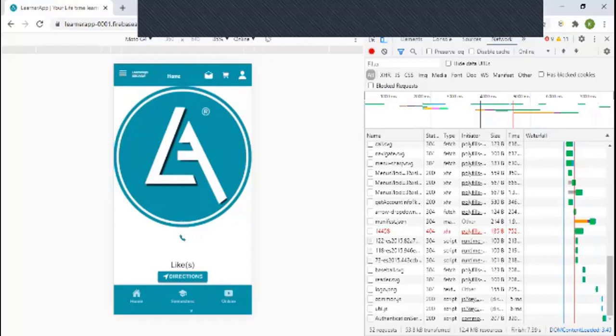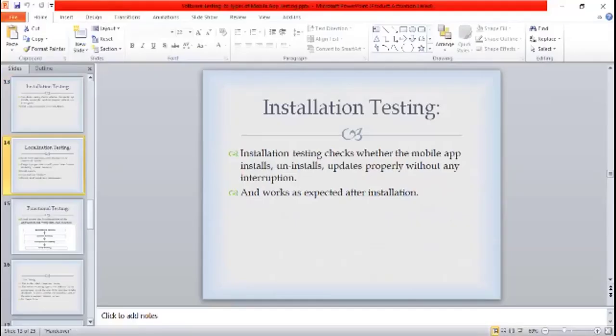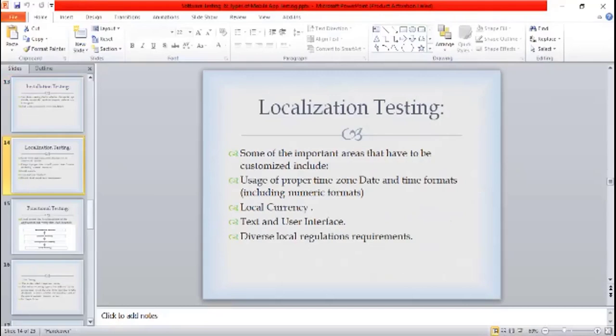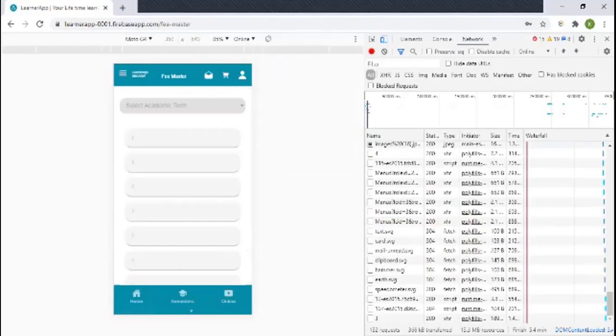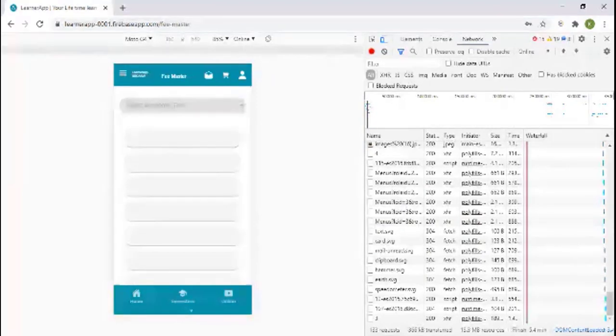And CPU, memory, all these things are also measured. Okay, so localized testing I have done too, and next comes the localized testing. So how to do localized testing? Localized testing is basically where you check the date and time, whether wherever we have entered the dates, they are displayed in the proper format and timings. It also includes the phone number. Whenever we enter the phone number, it should stop accepting after 10 digits.